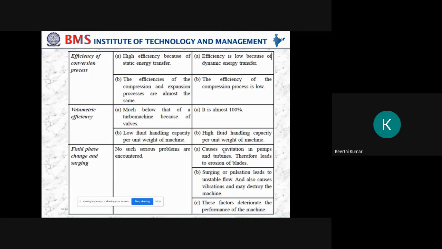I'll tell. See, cavitation means in the pump, because of the lower pressure of the fluid which is flowing, the bubbles will form. Because of that bubble formation, what will happen? Sometimes the bubbles may be entrapped within the pump on the blade surface. They will be retained there only. They will not flow outside because of the shape of the blade. If it is entrapped, then what will happen? After some duration, the bubble formation goes on increasing. As it increases, it will burst. It will burst on the blade surface only.